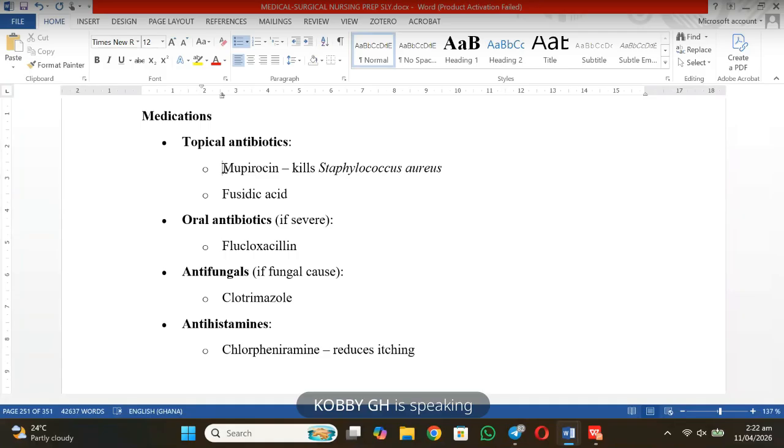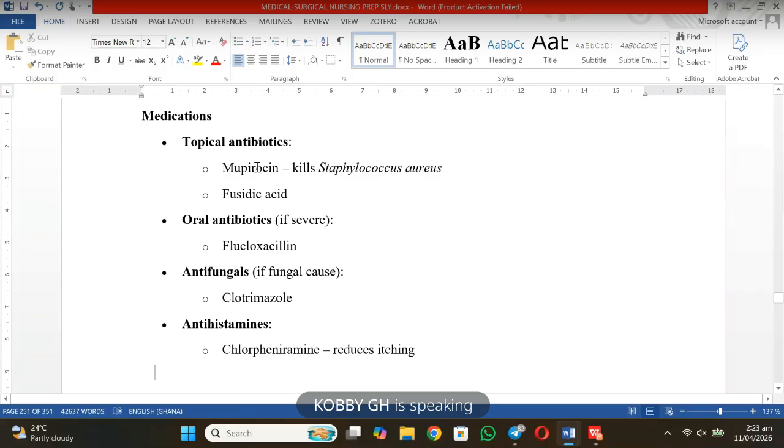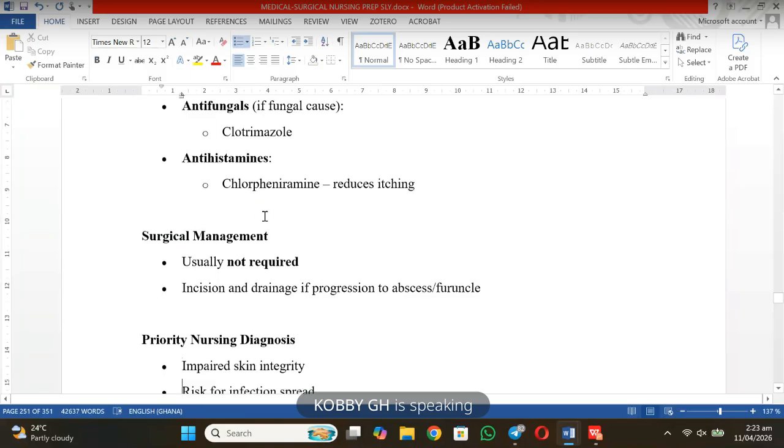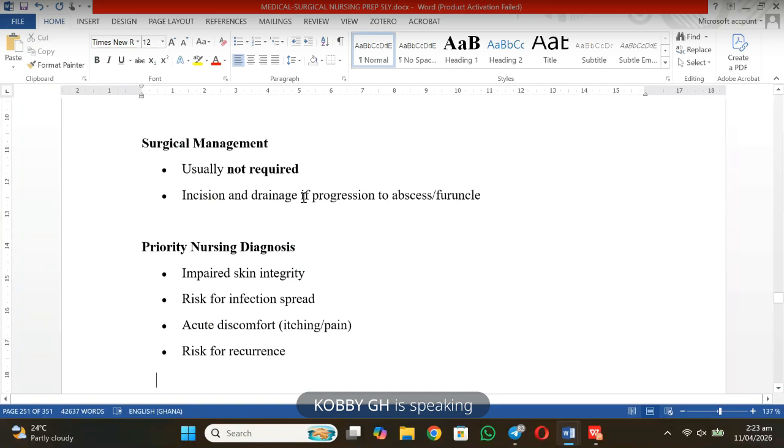except a situation where you can have a folliculitis that is very severe. In that situation, you may do a combination of the topical antibiotics and then the oral antibiotics. But with folliculitis, usually the first line is topical antibiotics. Great, that is fine. And sometimes they will give antihistamines. With folliculitis, surgical management is not a required process, but in very severe cases, they may consider doing